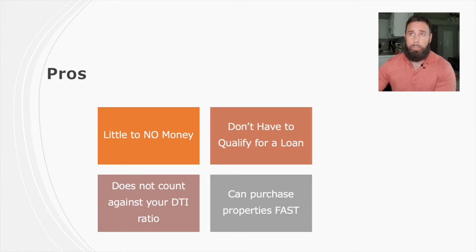We bought 5 houses in the first few months. We started learning everything, and then we bought 11 houses in the next 5 months. We bought 19 houses over the next 12 months after that. It just started snowballing, and you can do that because, again, you don't have to jump through hoops to get approved by a lender. All those things that are challenges when purchasing a property, you don't have to deal with that because this is a unique way that you can act fast with the subject to method.